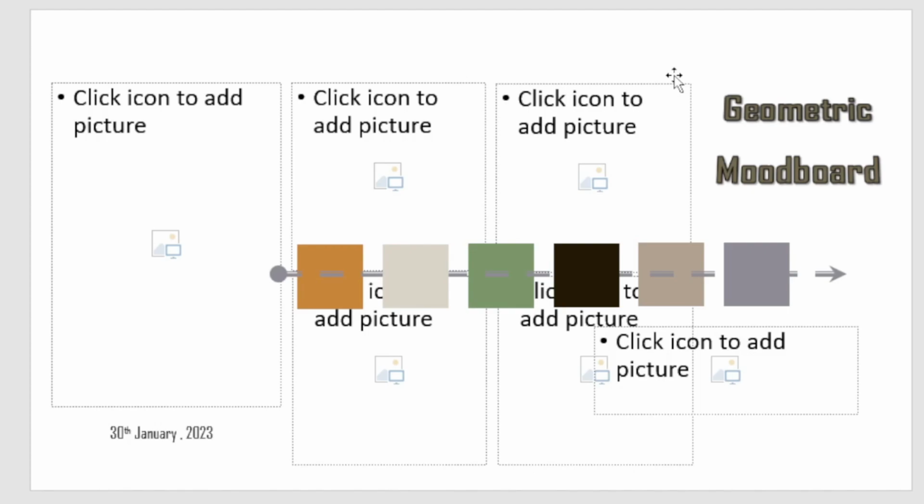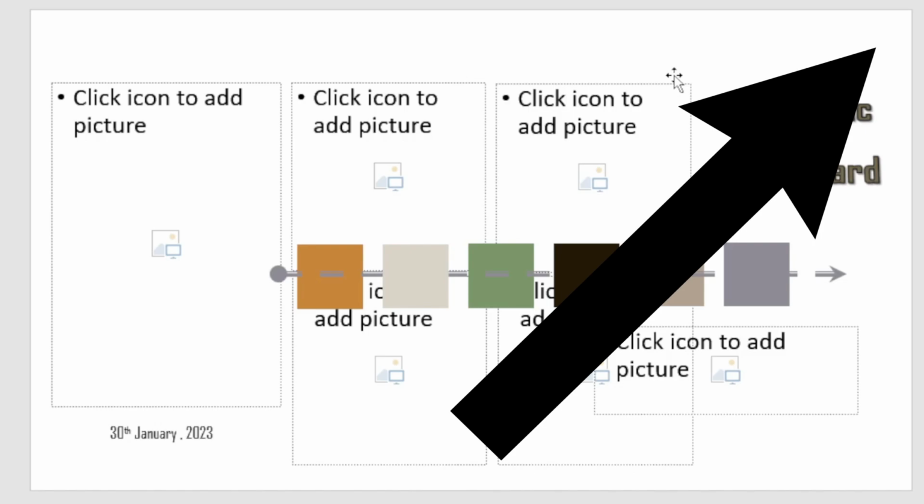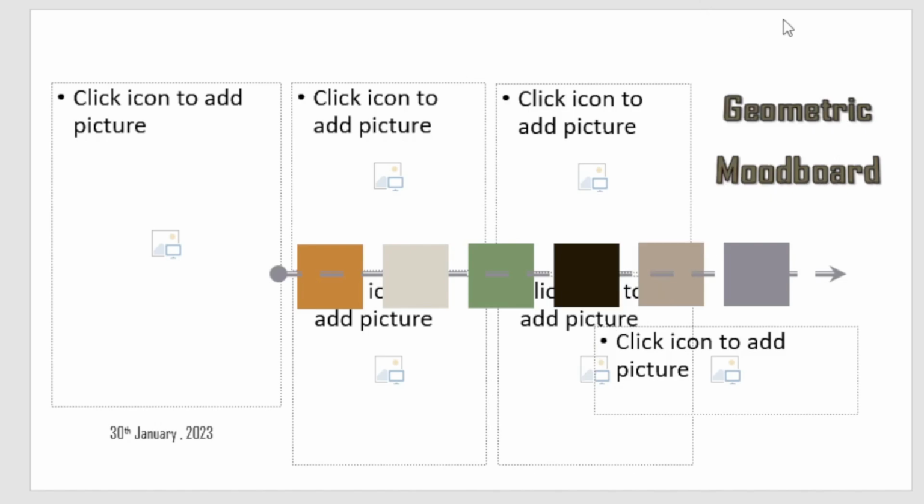I'm just going to show you how to use this resource right here. I told you in the last video, if you've not watched the video about how to make this mood board, please watch it over here. In the last video I showed you how to make this mood board, but in case you don't have time and you want to help us out by purchasing this mood board on our shop,